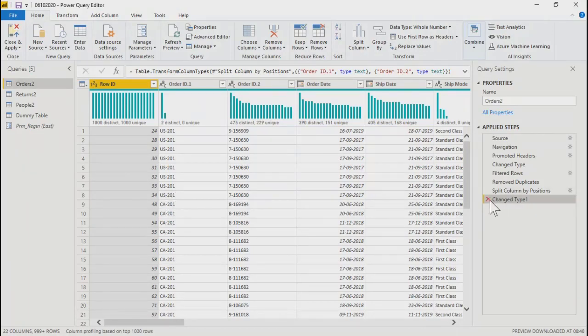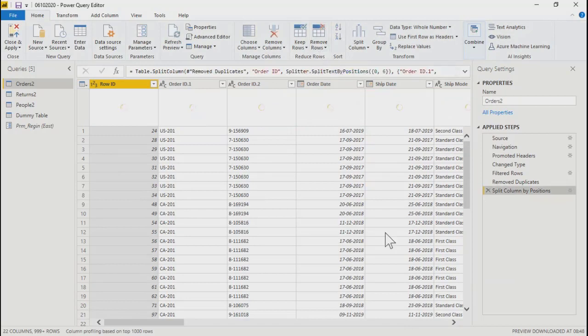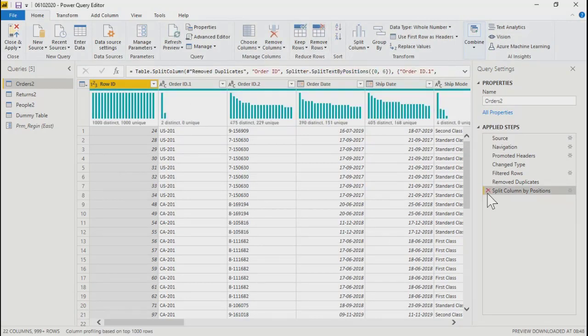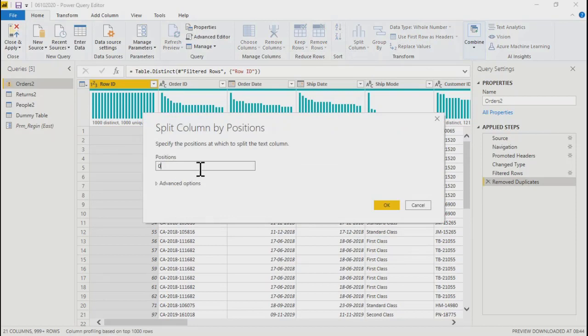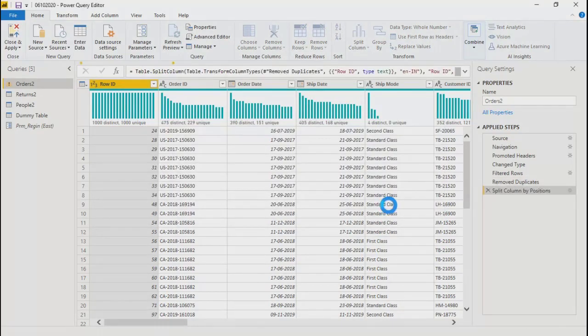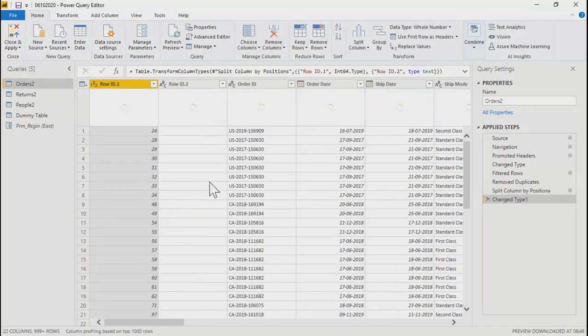I may not need it. I actually wanted to do it by, okay, I'll go here, split by positions. Let me do it 0, comma 7, so that the year and country combination will be in one field.